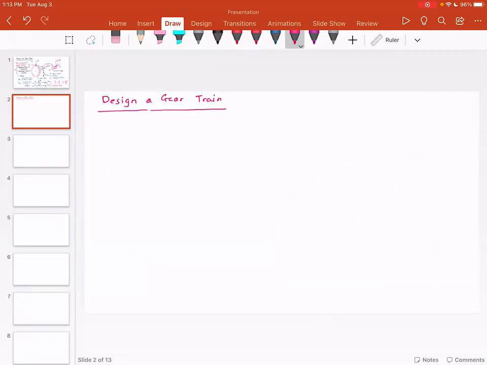So if you think about it, say we have a gear. This gear is attached to a pinion. Now this pinion is attached to another gear,